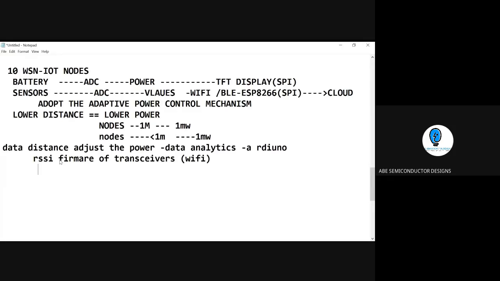Here I told you the SPI is connected with my Arduino. With the ESP8266, I use SPI to read from the mechanism through commands known as AT commands. They are mostly used in the communication sector, on the networking side. AT commands are called attention commands. They are used to update your IoT transceivers when you work on GPRS, Bluetooth, or LoRa. This attention command is very important to get the updates or values of the transceiver's firmware.